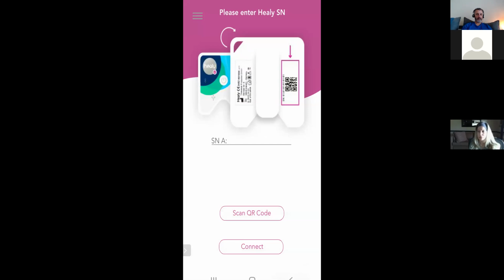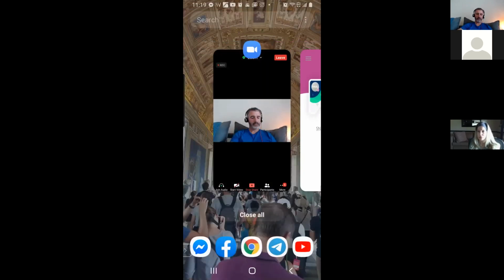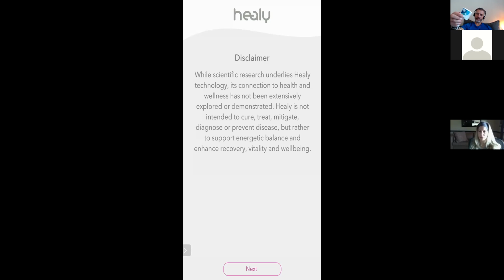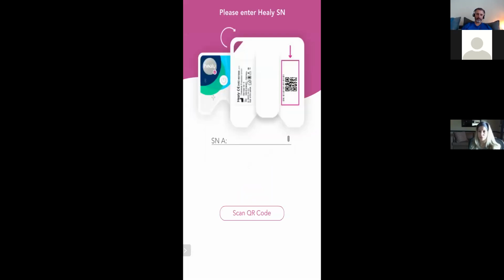I'm going to try it. Well, let's play around with this a bit and see if we can get it to work. I'm going to close the Pink app. Okay, I'm going to open it back up. I see that this one that I've been using isn't on at the moment, so it gives me again the option to scan. So I'm going to go back and try and scan this one here and see if I can get it to work. It is bringing up the serial number correctly, but it will not connect.